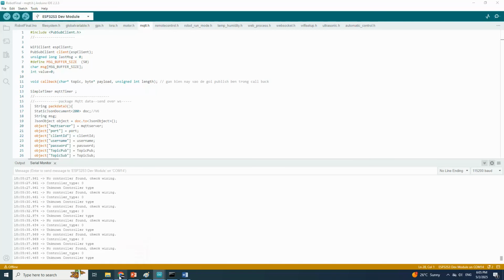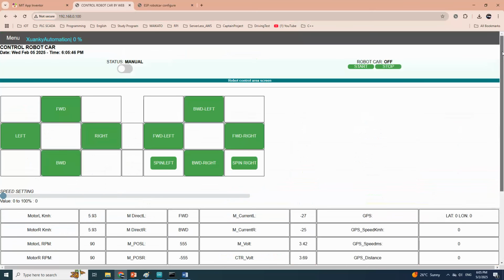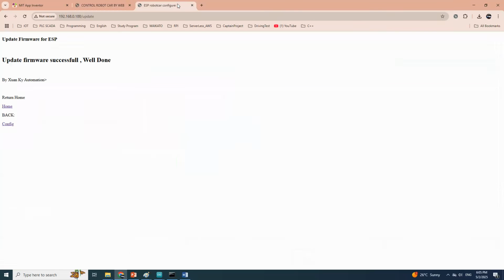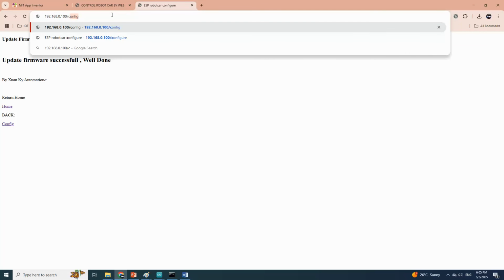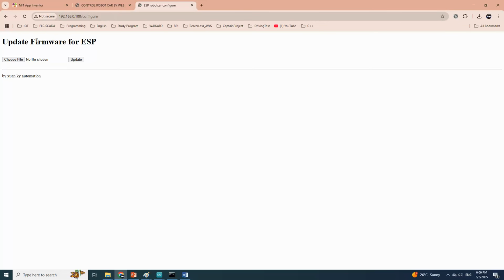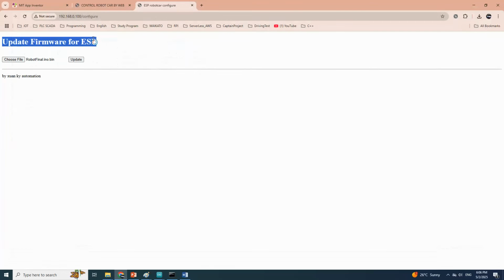What you do is you only type the IP address of the ESP32 and go to the main page and open config, or you can just type the IP address with config here. Then update firmware for the ESP32, choose file, click the binary file from here, and then click